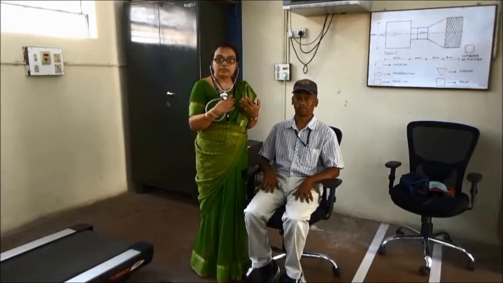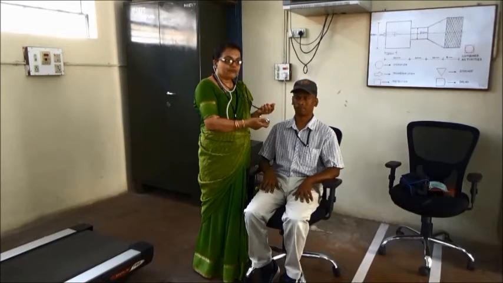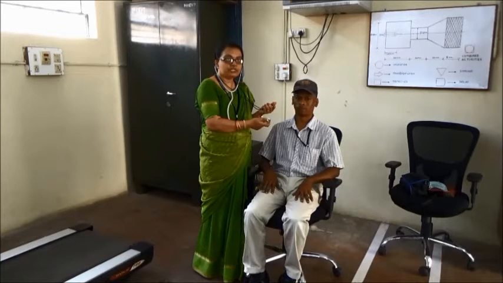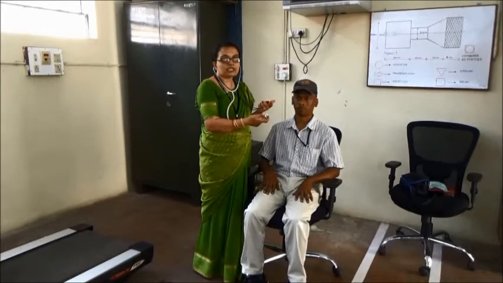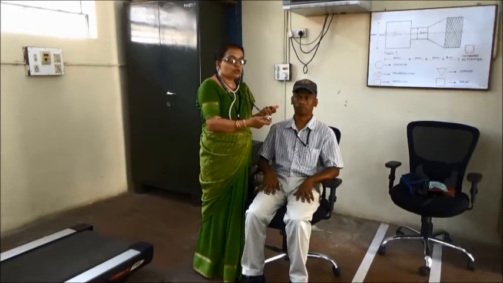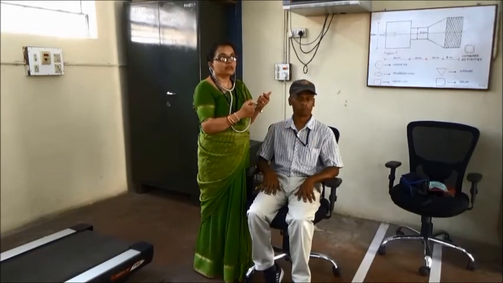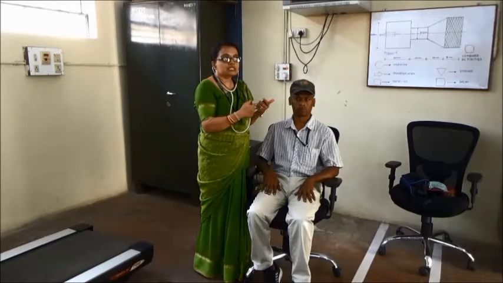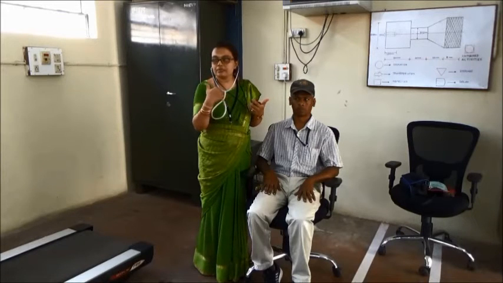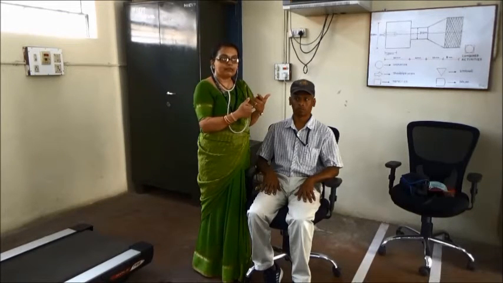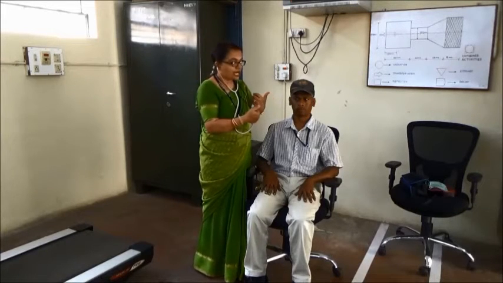Once he runs on the treadmill, he is allowed to sit, and we check the heartbeat every 1 minute. We see what time he takes to get back to the normal heartbeat. Every time, he has taken around 5 minutes to get back to the normal heartbeat of 72 per minute. So for the work he executed, running on a treadmill for 10 minutes at 0 inclination, it requires 5 minutes to get back to the normal heartbeat.